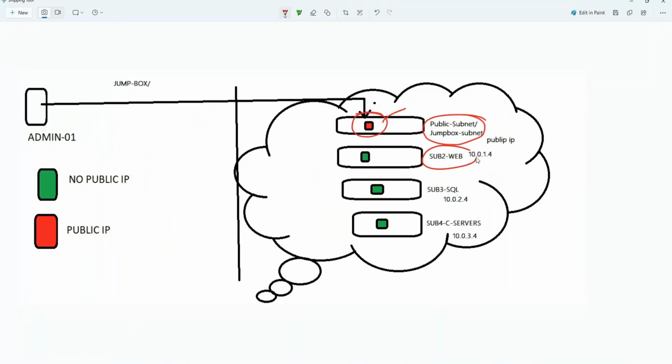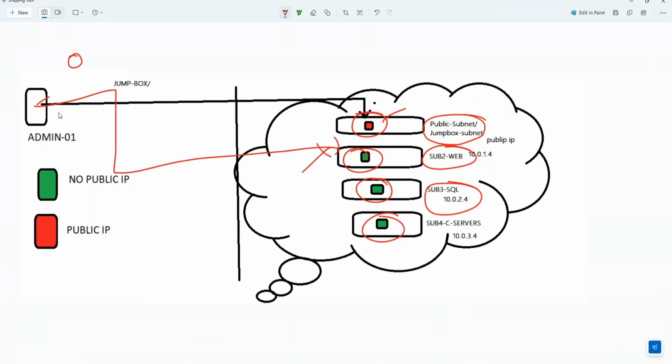And all my prod VMs are in different subnets with a green IP. So you are the admin, you cannot connect to the green machine directly. You need to land into the Azure network with public IP to the non-production machine, and from there do the RDP, RDP into RDP. Benefit: people cannot attack the production machines. So that's one way. But the second way is you deploy a Bastion host.